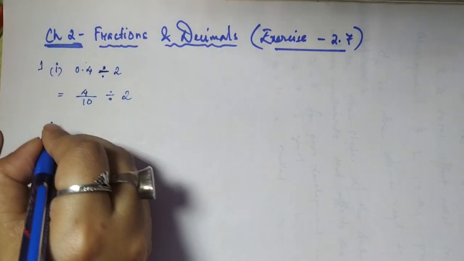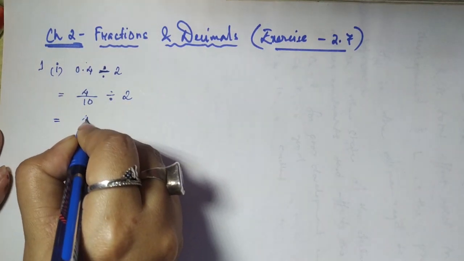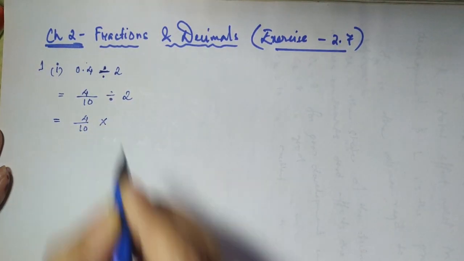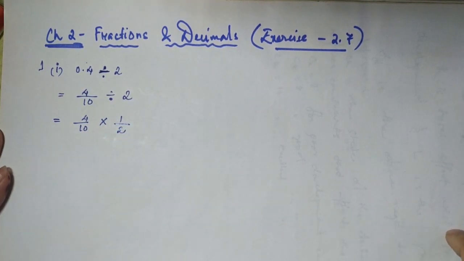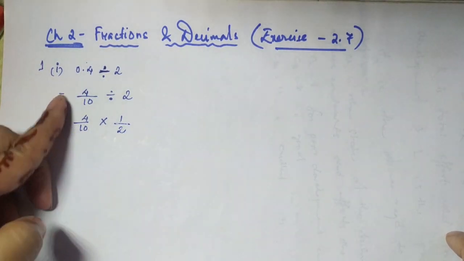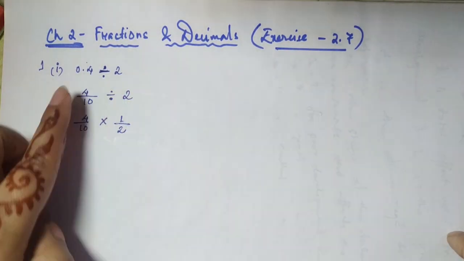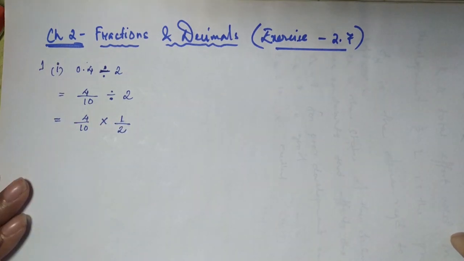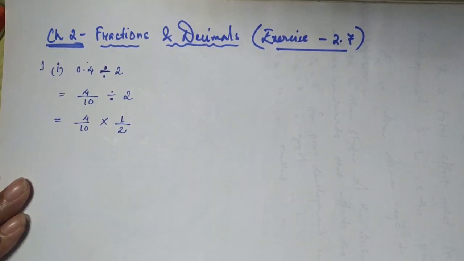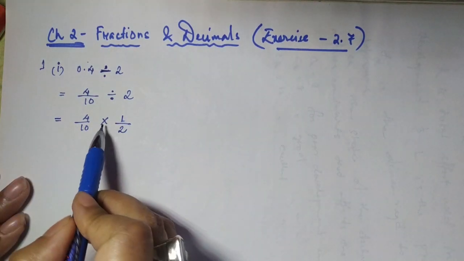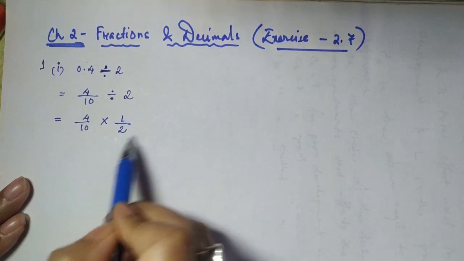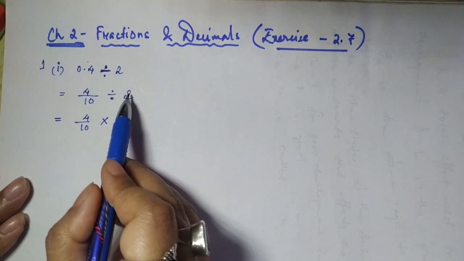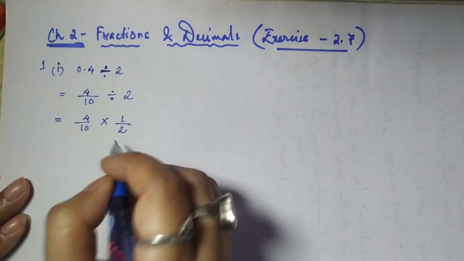Okay. So now what happens? If I change this division sign into a multiplication sign, this particular part gets reciprocal. Okay. Why have I done that? Because 4 by 10 divided by 2, these are not whole numbers and it is very difficult to divide in that way. So if I change this into a multiplication sign, the whole calculation becomes easier. Now in order to change this to a multiplication sign, what will happen? The number after the sign will get reciprocal. We know the reciprocal means 2 will become 1 by 2. If it is 1 by 2, it will become 2.